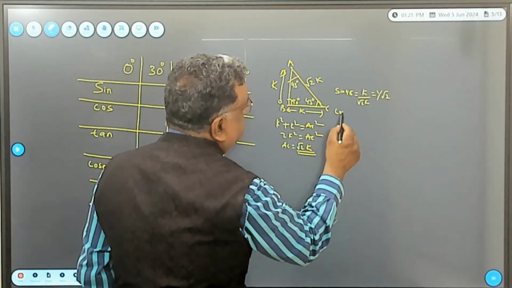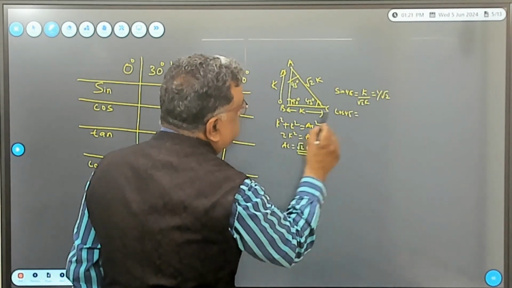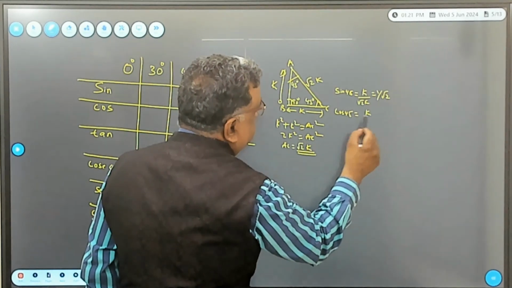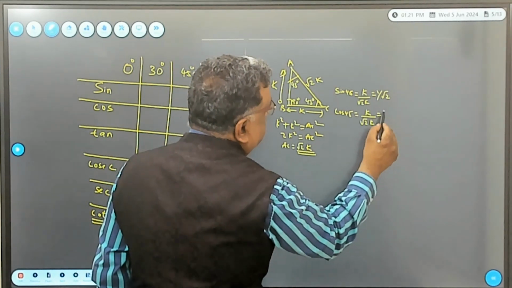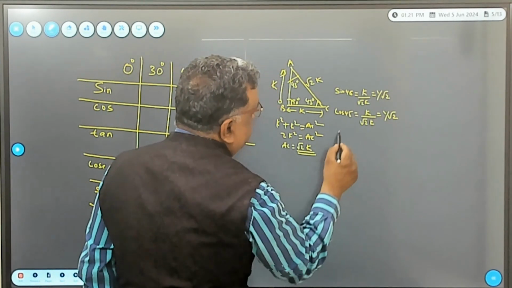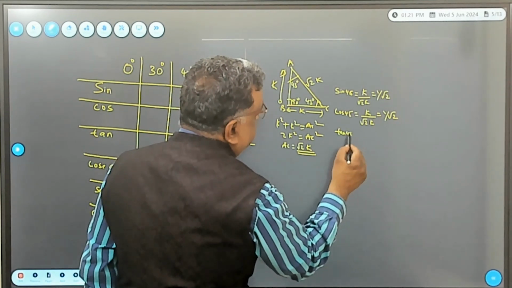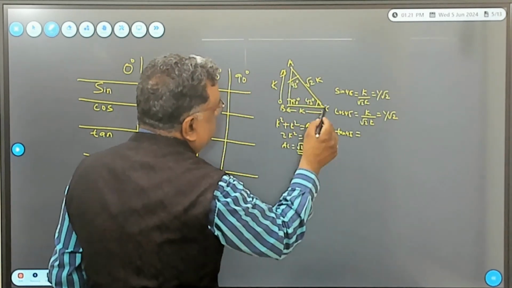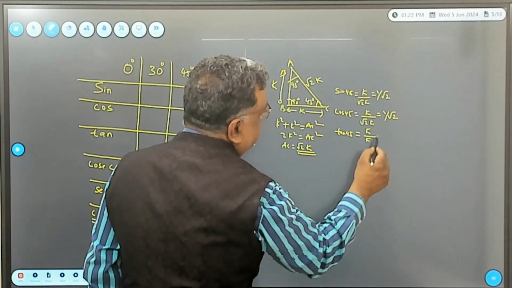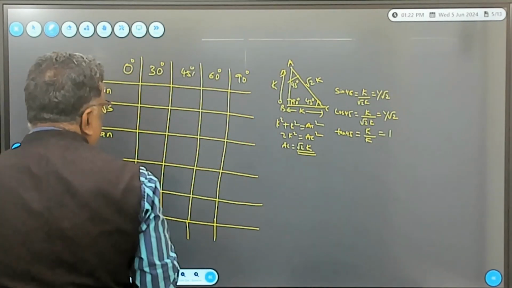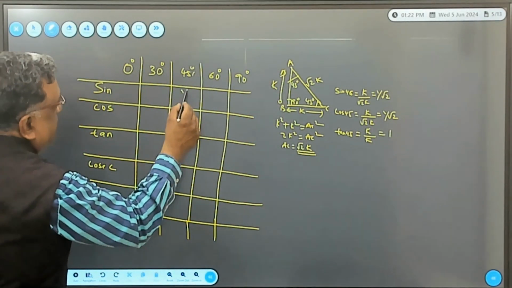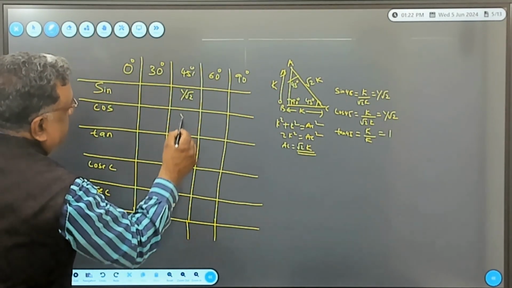What is cos 45? Adjacent upon hypotenuse, which is K upon root 2K, which is again 1 upon root 2. What is tan 45? Tan 45 is opposite upon adjacent, which is K upon K, which is 1. So we could find the values now, which is 1 by root 2, 1 by root 2,